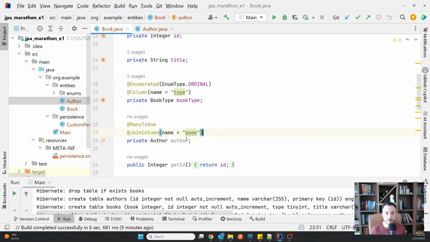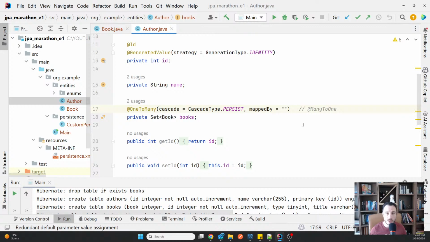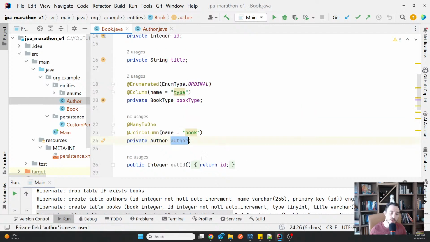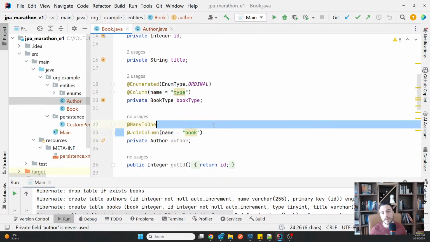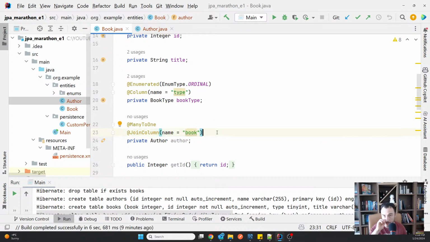So this is a must. Remember, always when it's bidirectional, on the opposite side of the relationship, you must have the mapped by attribute, while on the ownership side, you may have join column. This is not mandatory. If you don't put it, it will look like book underscore ID. We have seen this already. But remember, I did recommend, and I do strongly still recommend, that you use join column to define from the code how the relationship should look like.